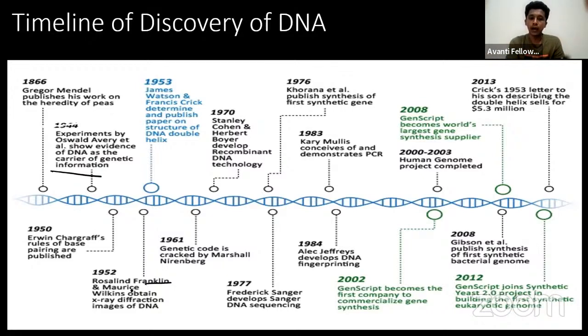By 1961, we understood that DNA carries information and that it is expressed in the form of codes. So the concept of genetic codes was understood by 1961. By 1970, Cohen and colleagues developed recombinant DNA technology. Here is the biggest step, where from these discoveries we step into another world called biotechnology and molecular